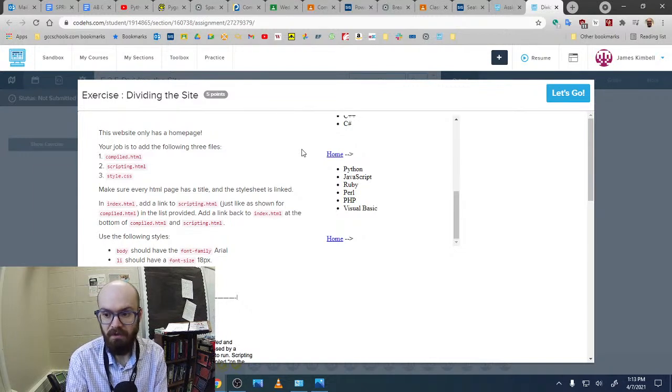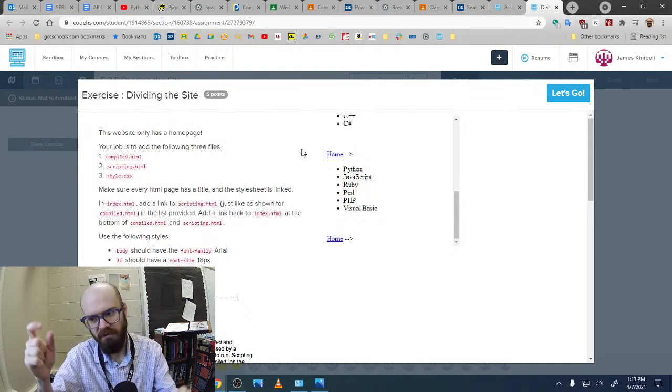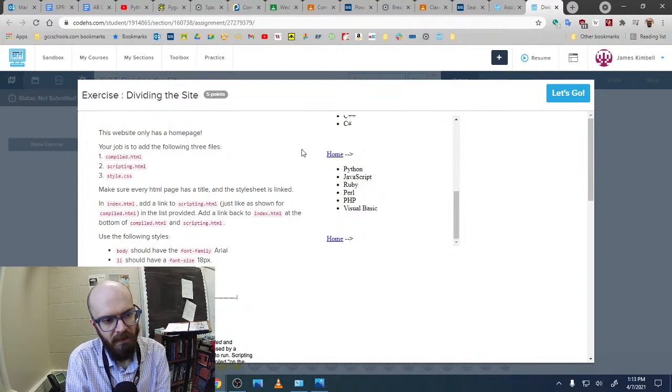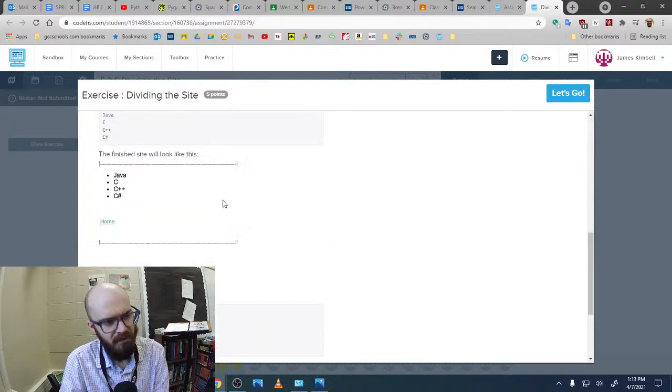We just change it once and it filters through instead of having to dig through all of our code and all of these files. That would be a bad situation. Okay. And then it's going to give us some things to do. Let's hit let's go. And like I said, I think this is going to be done because I think I did this when I was showing people. So you're not going to see me type it, but we'll go through the